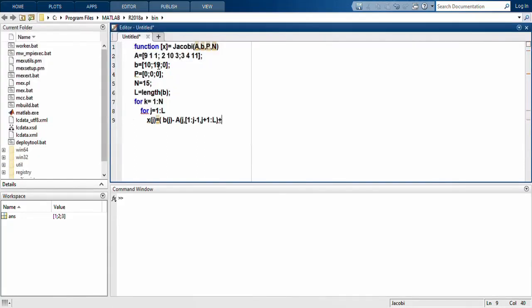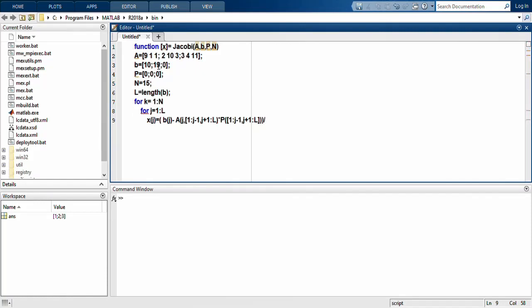Multiply by that initialization value of x2, x3 if it is x1. So multiply by b of same column, and same column is 1 to j minus 1 comma j plus 1 to l, and brackets